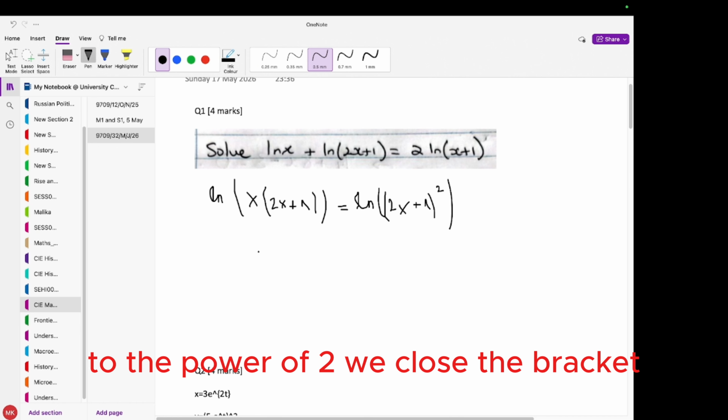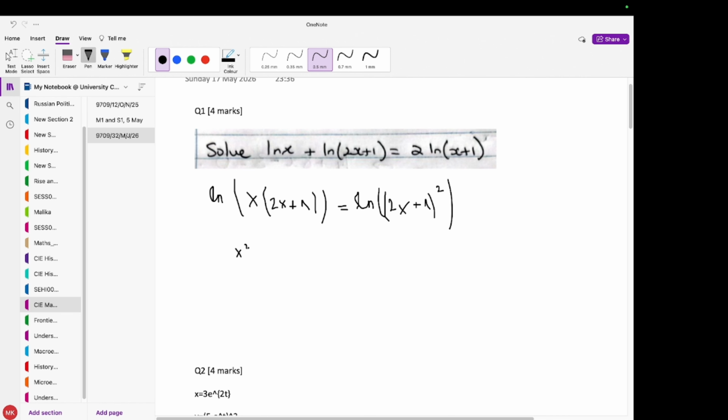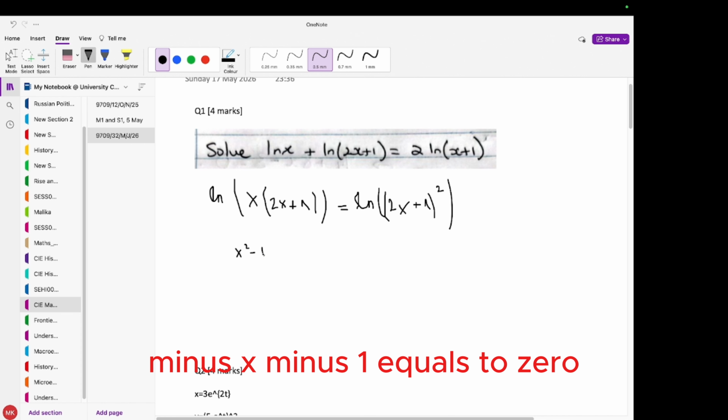We close the bracket. The next step is x squared minus x minus 1 equals 0,